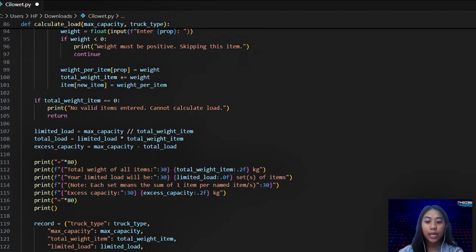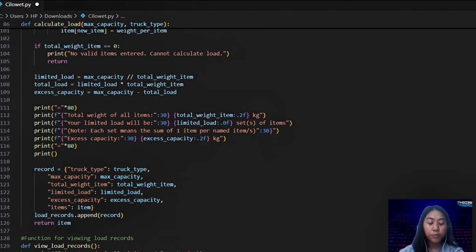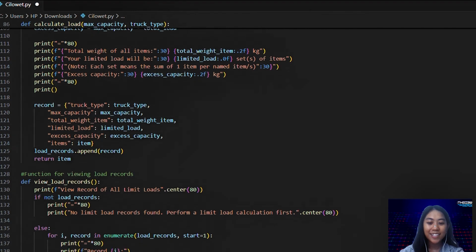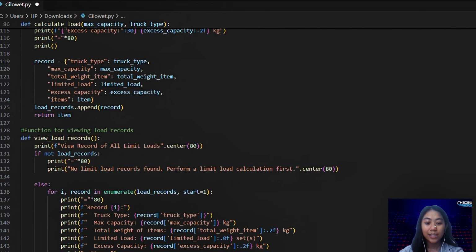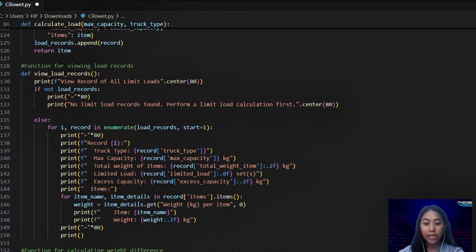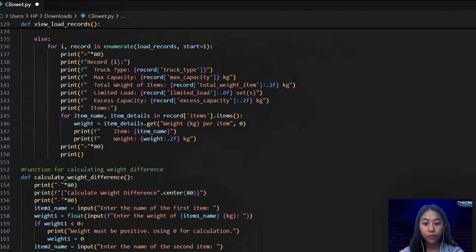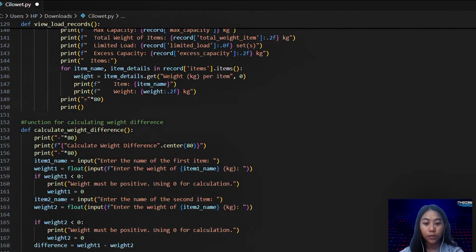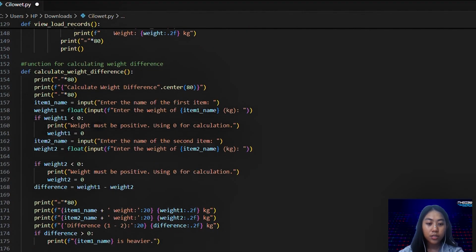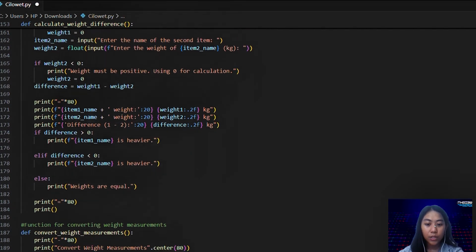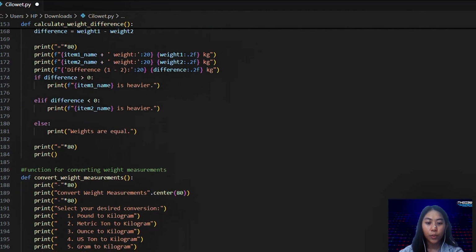Next, we have the int function. It is used to capture the integer value from the inputs. Specifically, it is used to capture the selected task, selected wheel type, number of items, selected conversion value, and selected frequently asked questions. We also have the float function alongside the int function. It is a programming concept used to capture the exact value from the input. This includes decimal values and is used in entering the weight of each item and the value